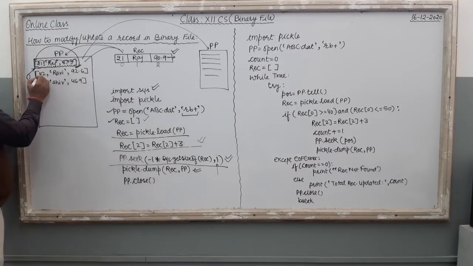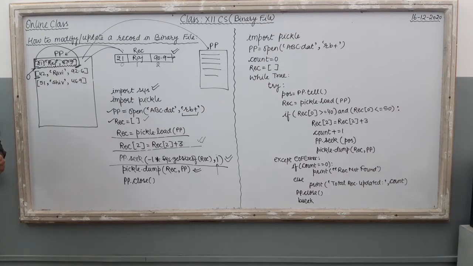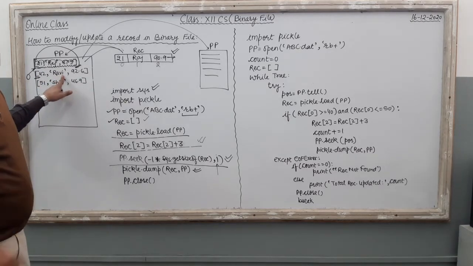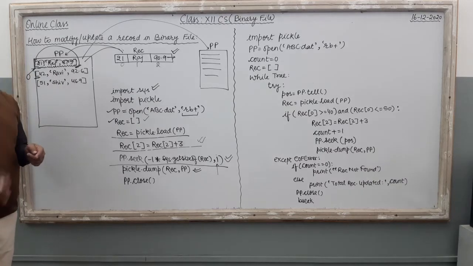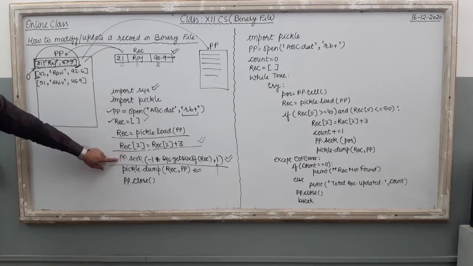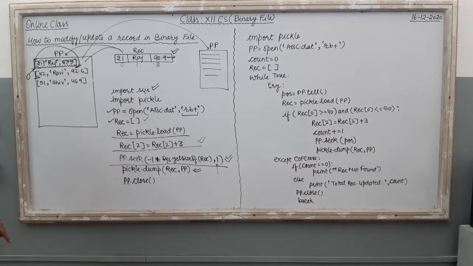The cursor is here at the beginning of the second record. कंप्यूटर क्या करता है? इस second record के ऊपर आपका first record update हो जाता, modify हो जाता. Means पहला record तो वही है 87.9% के साथ. On the second record is removed from the file, and here this record is available at the second position also with the updated value. Right? So here to send the cursor back, it is important in this modification concept.